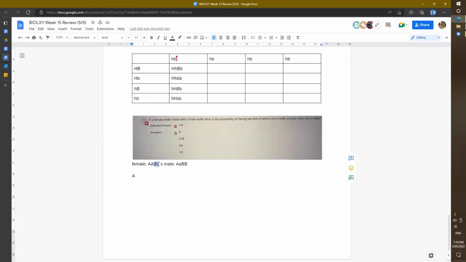Thank you. So this female can produce this gamete or this gamete. This A multiplied by this B, this A multiplied by this B, this A multiplied by this B, and this A multiplied by this B can only give two possible gametic phenotypes. And that is crossed with this individual who is the same but in reverse. They can only give a capital B, but they can give either a lowercase or uppercase a. So they can give this gamete or this gamete. And so when we cross those together,